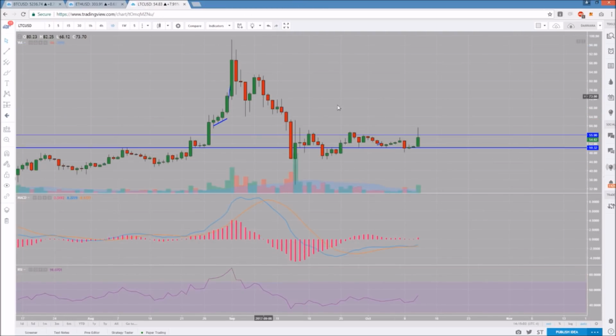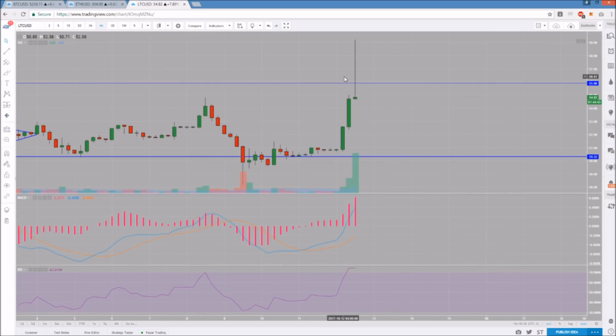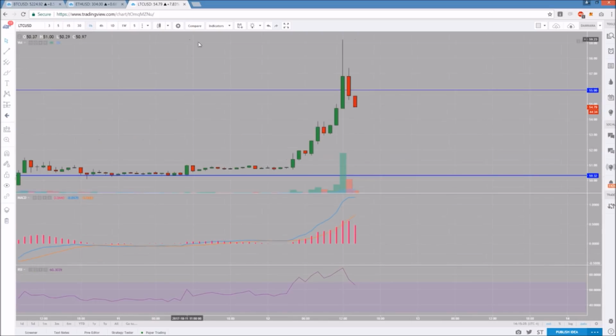So looking at Litecoin, daily time frame just had a huge breakout. We broke all kinds of resistances. We broke 54.79, 55.92, 57.45, and 58. Look at this 4-hour time frame. Huge move up, but Litecoin is really great at breaking out because a little bit of dollar volume goes a long way, but it's not so great at keeping those gains,